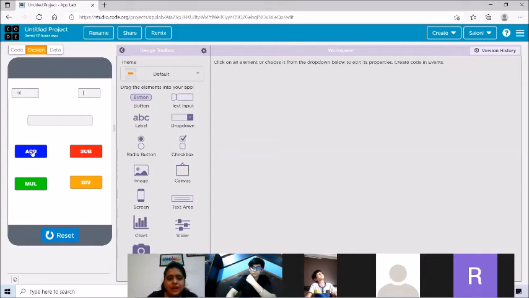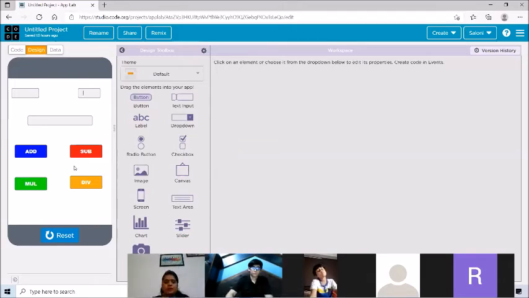I click on the add button. So is it giving me the result? No. The result was supposed to come here in this longer text box, but it is not showing me the result. You know why? Because we have not given mind and soul to our application. The functionality is still missing. So for that, we'll have to code our app. We are only done with designing, which is the second step. Now we'll move to the third step, which is coding the app.